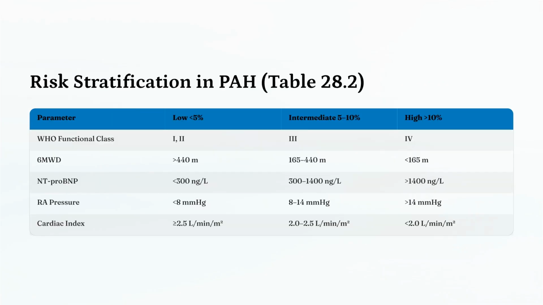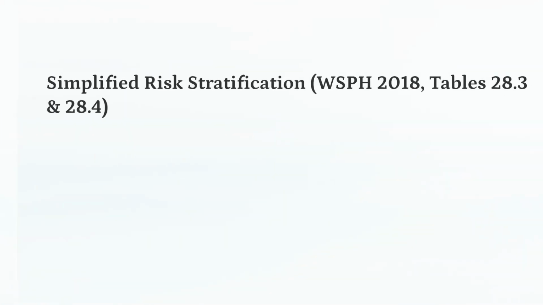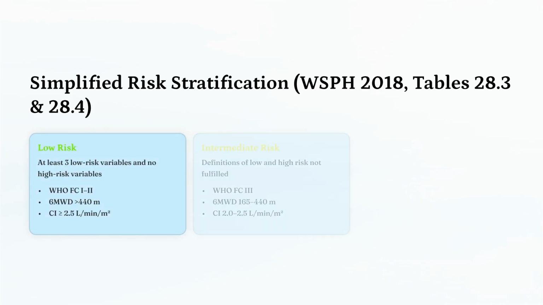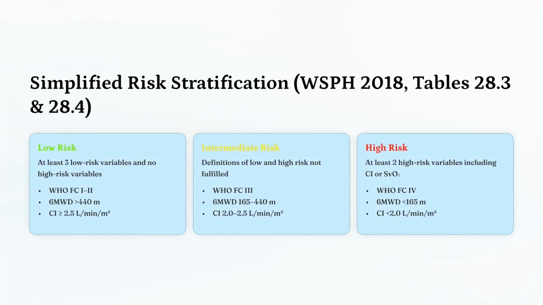Risk stratification is essential for managing PAH patients. This table presents key parameters such as WHO functional class, 6-minute walk distance, and NT-proBNP levels, which help classify patients into low, intermediate, or high-risk groups. Following the 2018 WSPH guidelines, a simplified risk stratification method is used. Patients are assigned to low, intermediate, or high-risk categories based on the number and severity of their clinical and hemodynamic